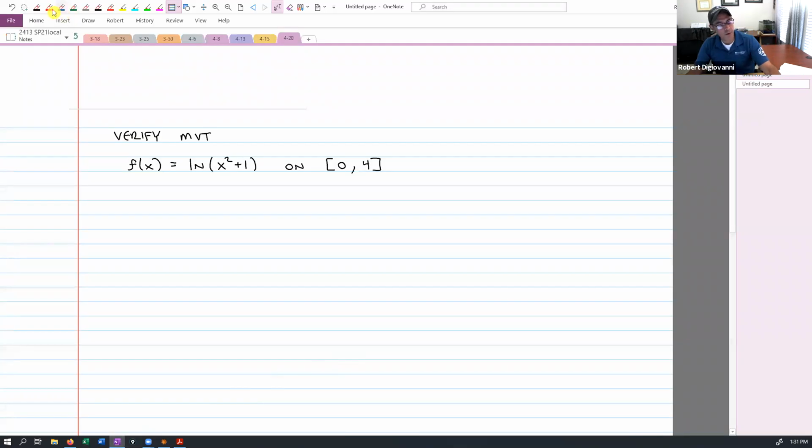So what I'm going to do first is take the derivative. Well, is it continuous? Hold on, we should check that. Is this a continuous function? Well, natural log has problems. You cannot plug 0 into the natural log and you can't plug a negative in. Do y'all agree with that? All logs have domain restrictions. Can't plug in 0, can't plug in negatives.